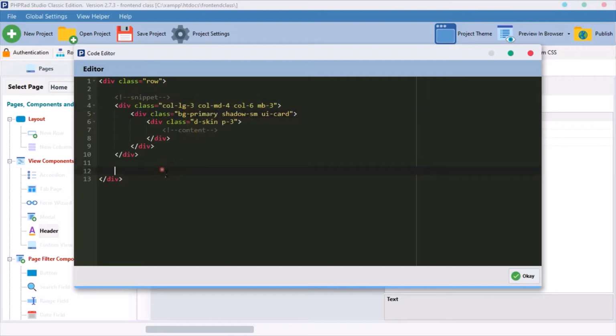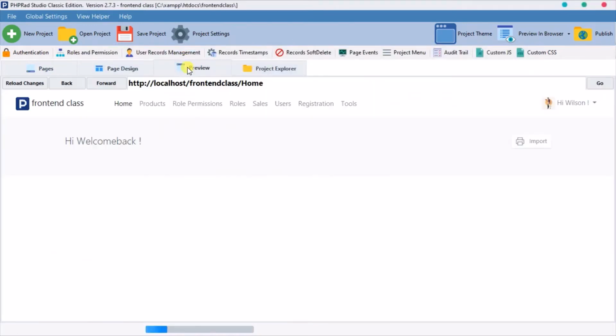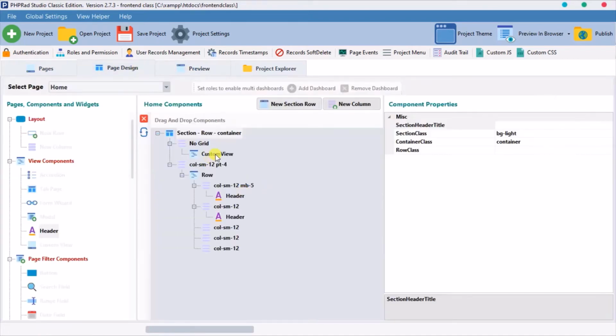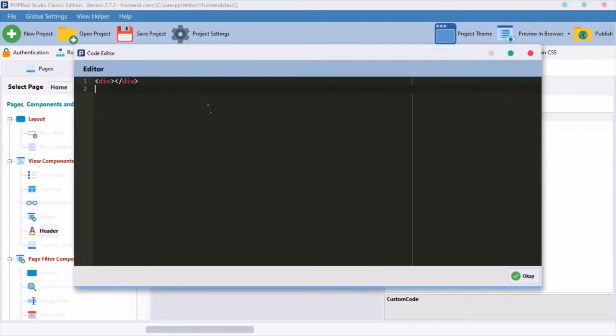Alright, so let's preview it and see how it looks like, and let's see where we are lacking. Okay, that is it. As you can see, we made the background to be primary, and there is no styling as well. Remember, we gave the inner one a class of d-skin. There was a place we typed it there. So this d-skin will have a background of